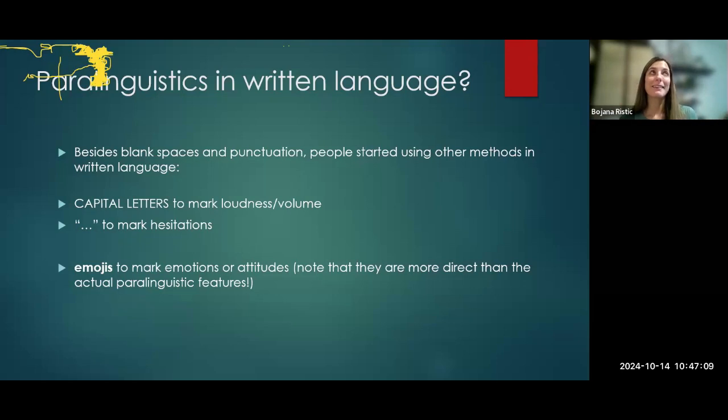So for me, this is an interesting point of discussion as a linguist, because I can see how written language is trying to develop in the direction of the spoken language, especially in these aspects where I need to mark sentiment, emotion, my attitudes towards what I'm saying. This is something that it looks like we need, right? We need to add that, because just language is not enough.